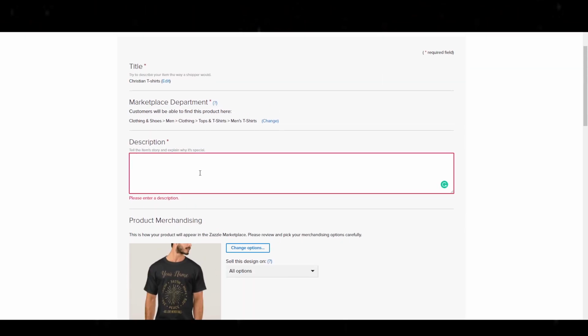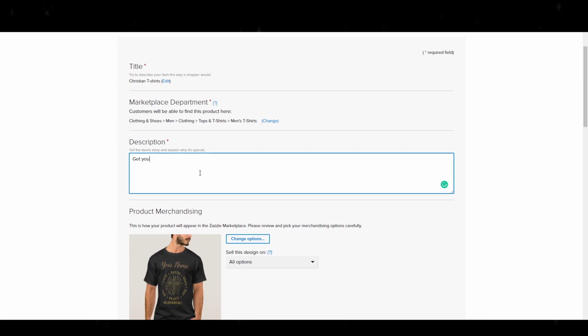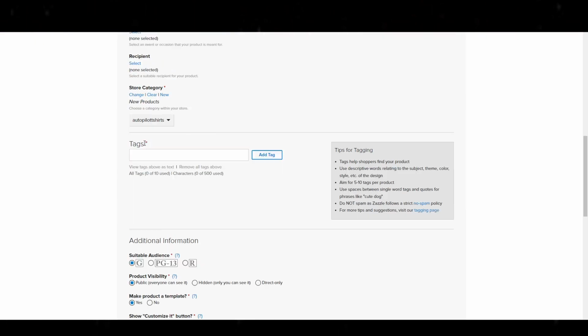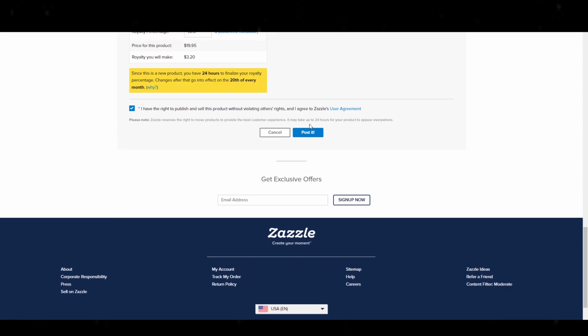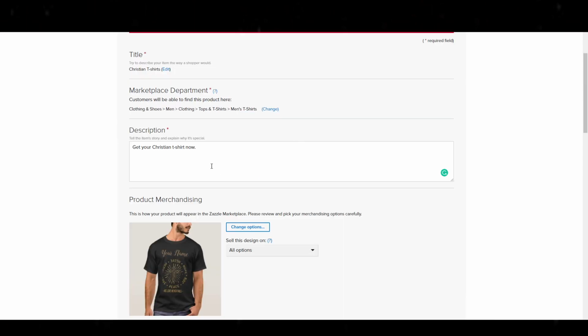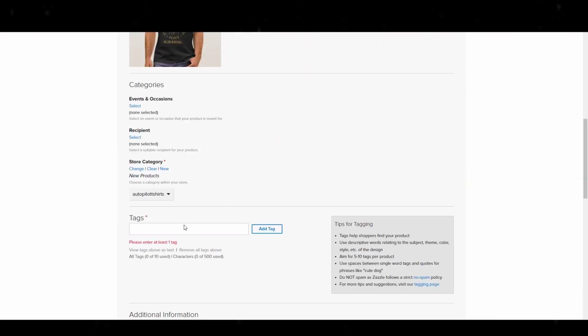And we got to add a description, so get your Christian T-shirt now. Got some spelling errors here, but you guys can see here. I'll just leave this the way it is. And there are ways to write better descriptions, obviously. I'm not saying that it's a good description, but